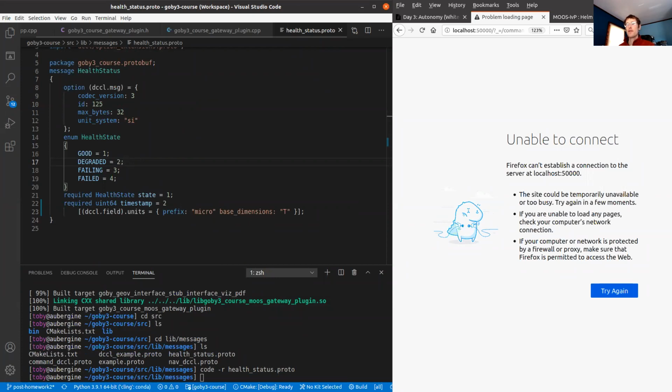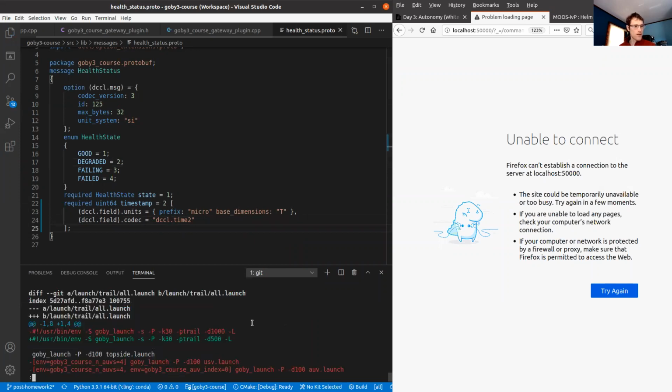So there's this special codec in Goby, or in DCCL rather. DCCL field codec is DCCL.time2.